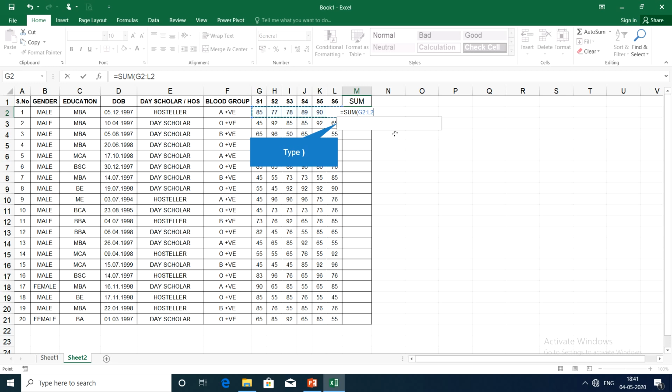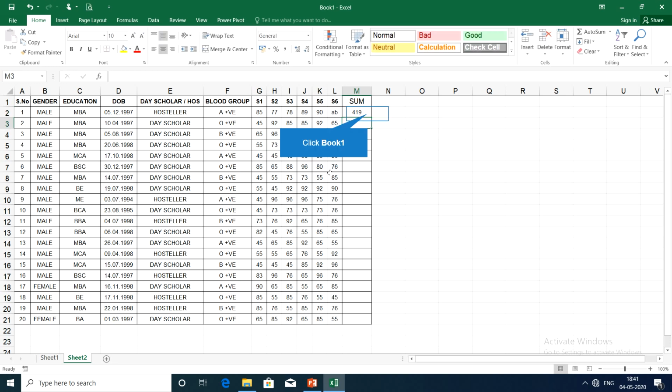Selecting the numbers means simply click one number without releasing the mouse, drag it over the other numbers till the last number, then close the bracket and press enter.